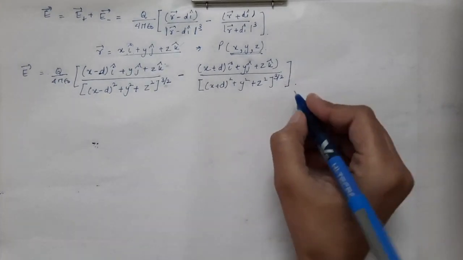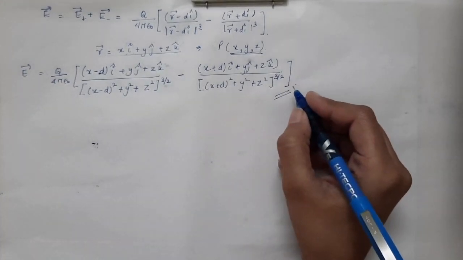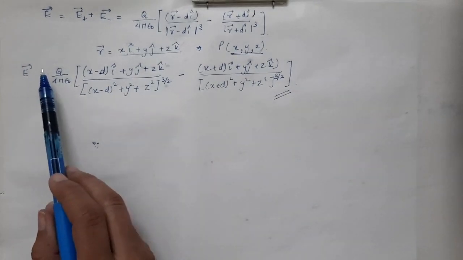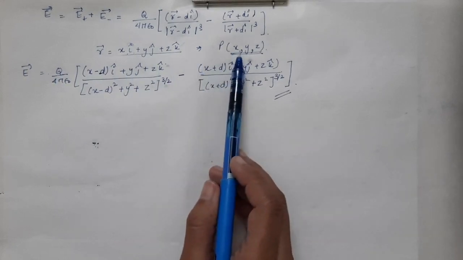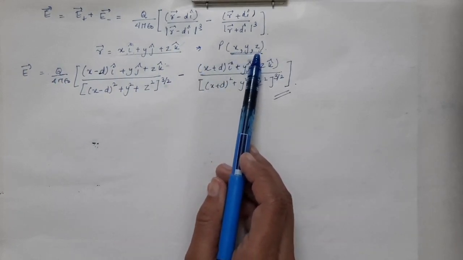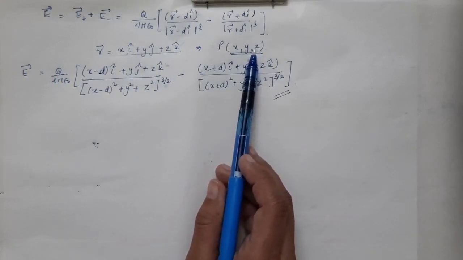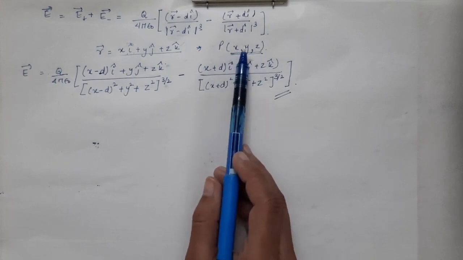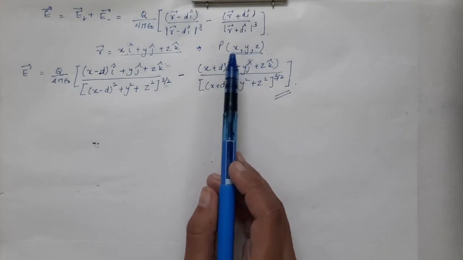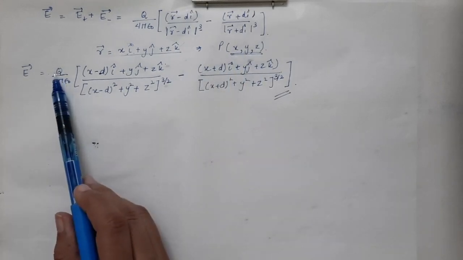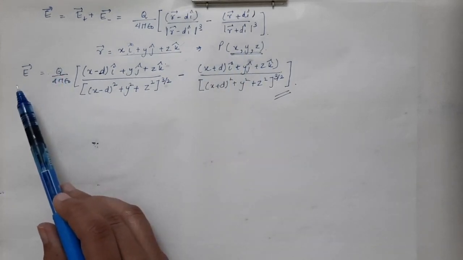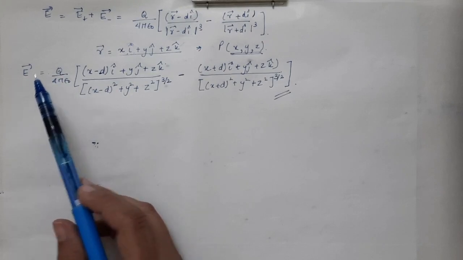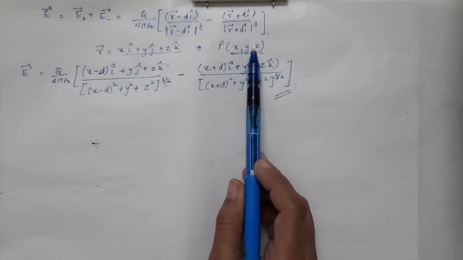Now this is the resultant equation of the electric field intensity at a point P whose coordinates are x, y and z with respect to the origin. So if in an exam you are given any point, let's say (1, 2, 3), and a plus q charge placed in front of a grounded conducting sheet, and you are asked to find the electric field at the point (1, 2, 3),